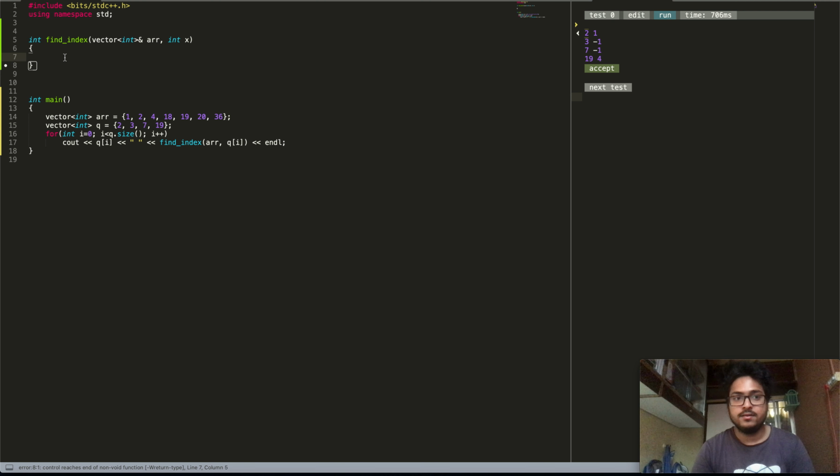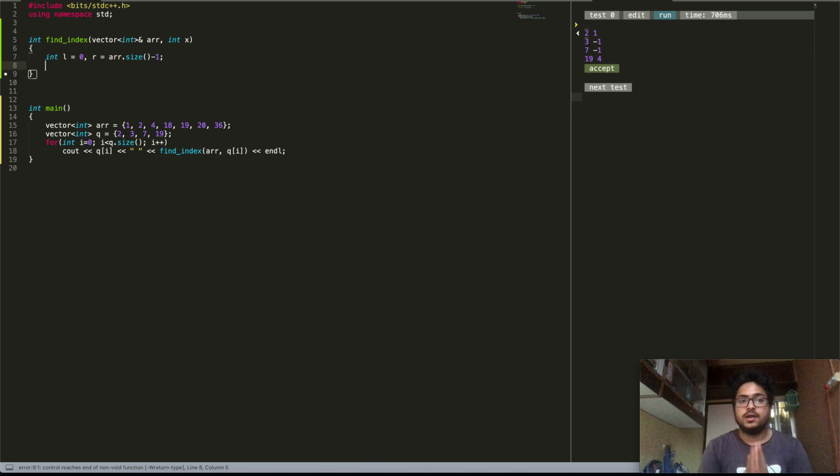So whenever we're trying to solve a binary search problem, the first thing to do is laying down the search space. All right, so in this case I'm going to lay down the search space as the entire array. All right, so how I'm going to represent it? I'm going to represent it with the help of two pointers, that is int L is equal to 0 and R is ARR.size() - 1. So L represents the left end of the array and R represents the right end of the array.